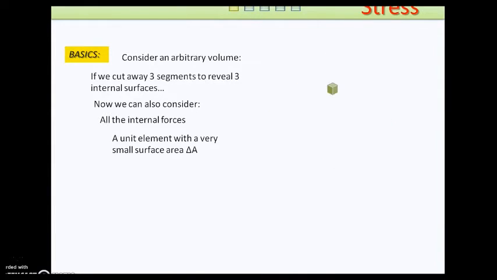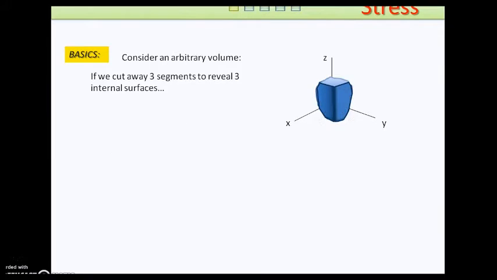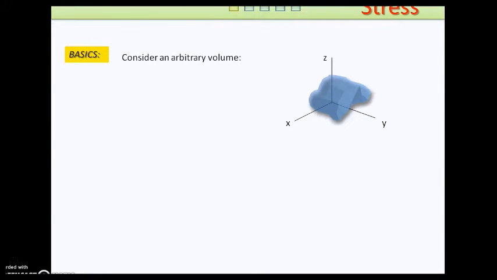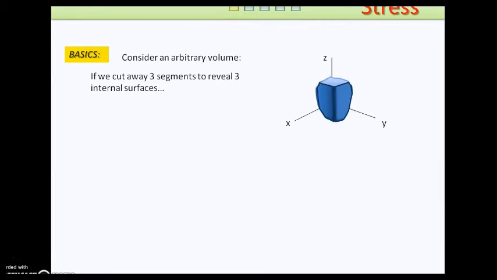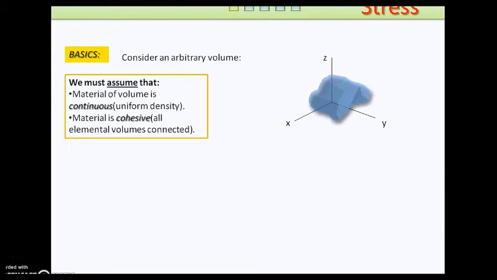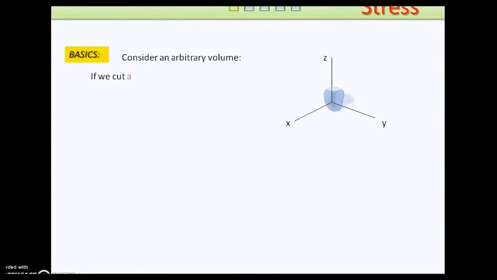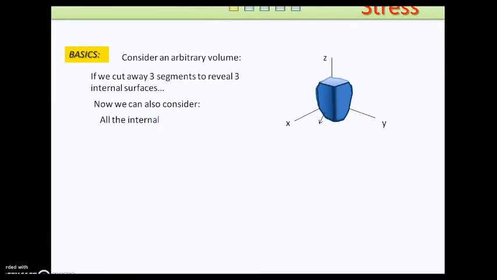So if I scroll back. So if we imagine that our 3D arbitrary volume has millions of those cubic elements connected together uniformly, so that the density remains constant. So if I forward again,